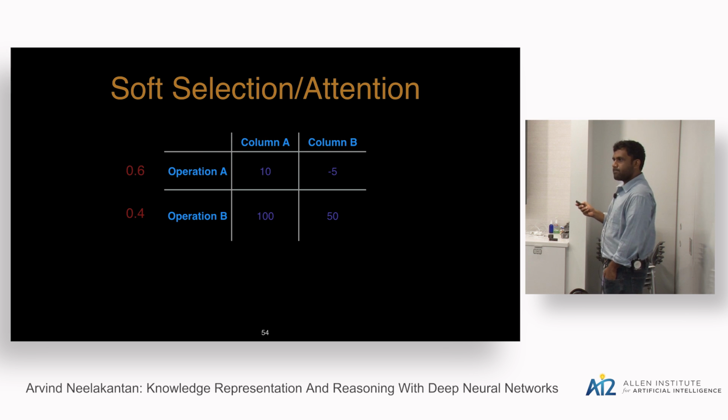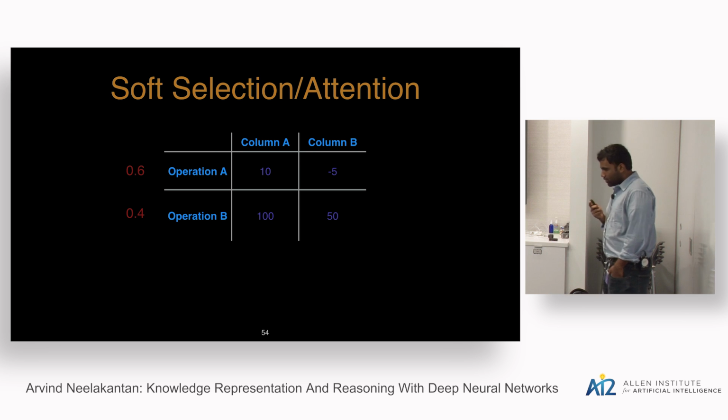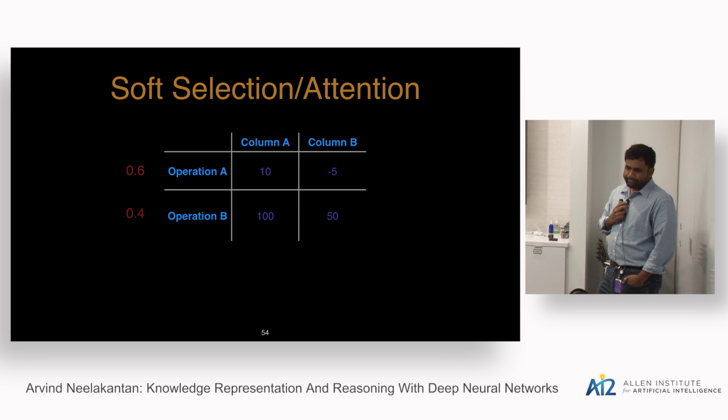Yeah, it's a good question. So it doesn't get as sharp as you want, even in the end. I'm going to talk about it a little later. But at test time, you don't need to take a weighted average, right? You're doing the weighted average trick so that you can backprop during training. But at test time, you can just do hard selection, and that way, all the model has to do is put the probability mass on the correct function.